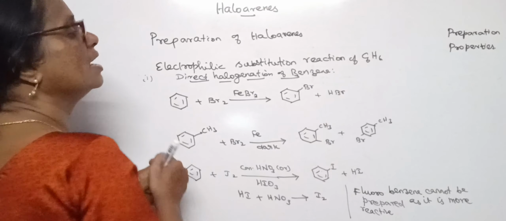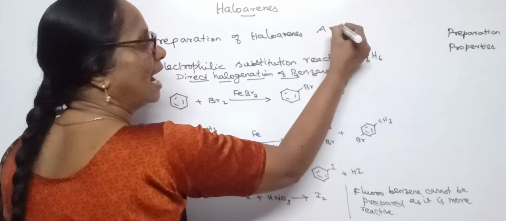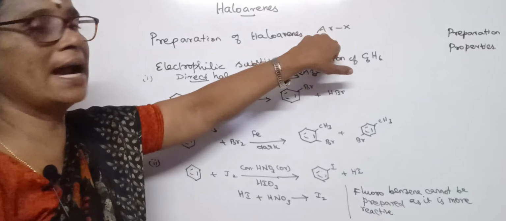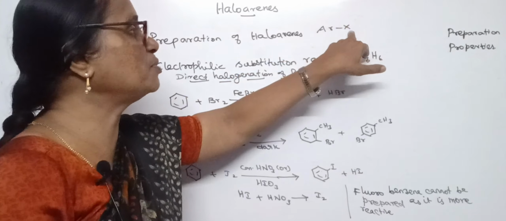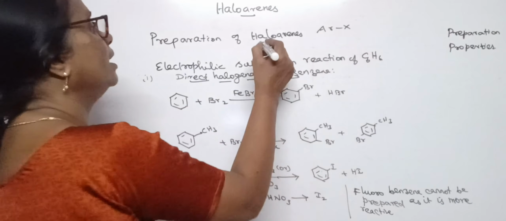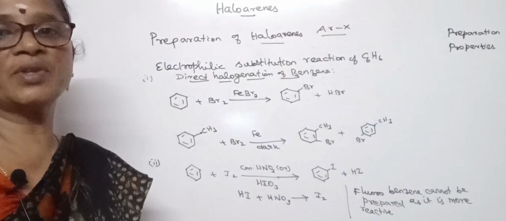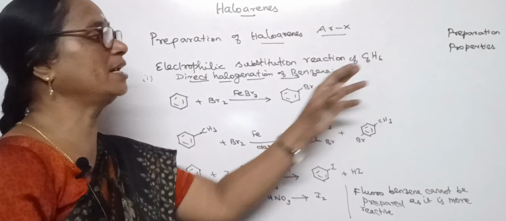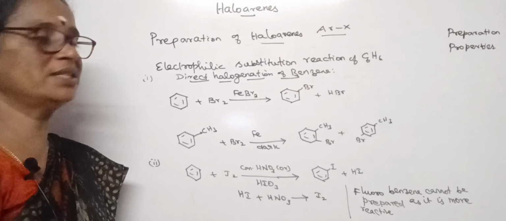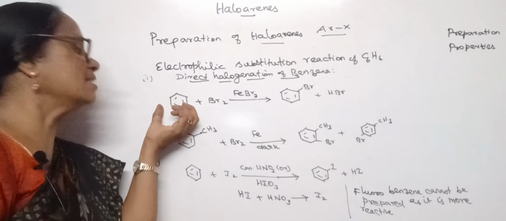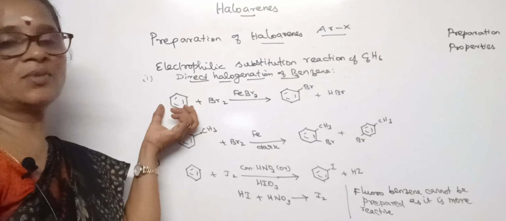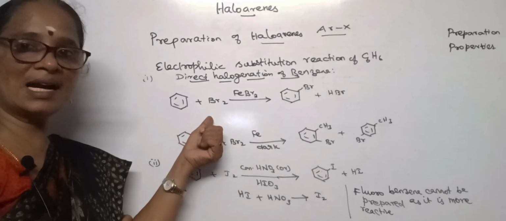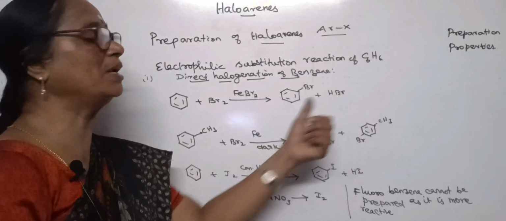What are haloarenes? Haloarenes are the halogen substituted benzene. One or more hydrogen atoms of benzene, when substituted by the halogen, give haloarenes. How is it prepared? It is prepared by electrophilic substitution reactions of benzene, in which the halogen is directly substituted to the benzene ring. For example, benzene in presence of ferric bromide reacts with bromine to form bromobenzene and